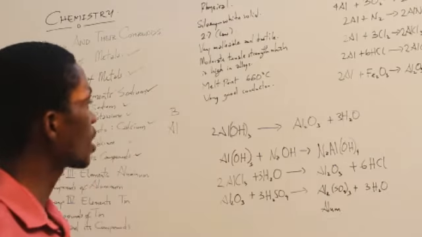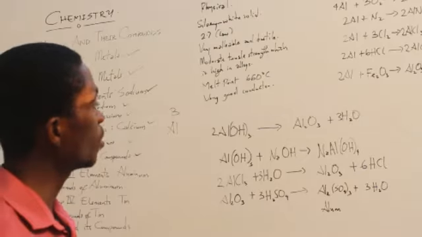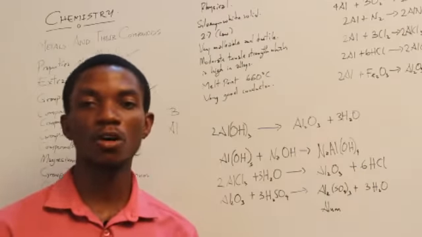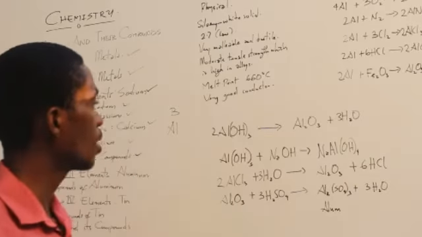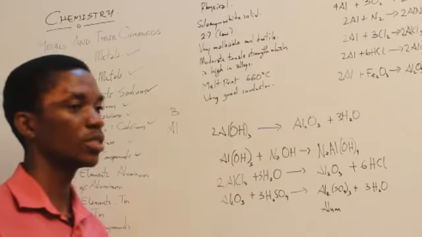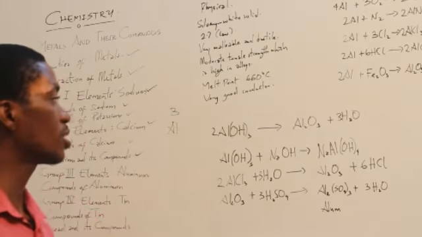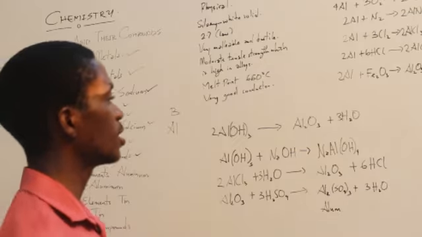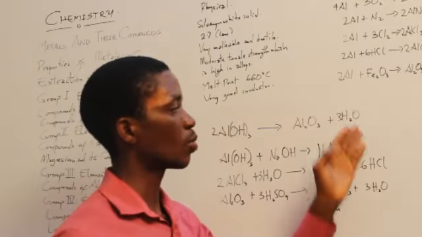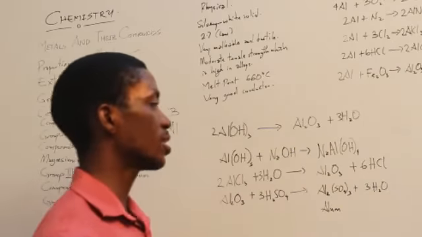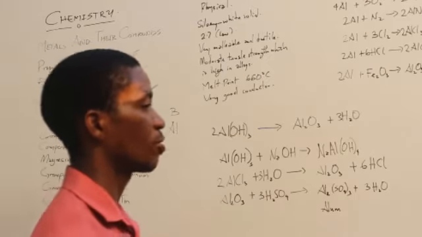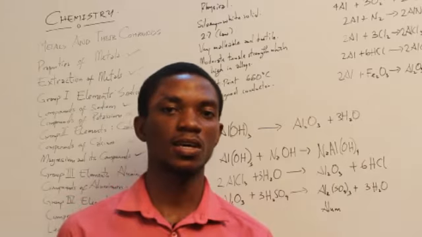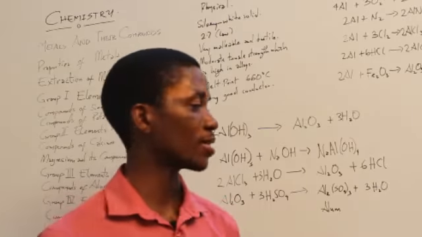All right, let's look at some of the compounds of aluminium. We'll talk about aluminium oxide. I mentioned it a couple of times. Aluminium oxide can be formed by the decomposition of aluminium hydroxide, and that will produce aluminium oxide and water. So aluminium oxide is very, very useful. It forms an abrasive solid, which can be used for abrasive purposes.